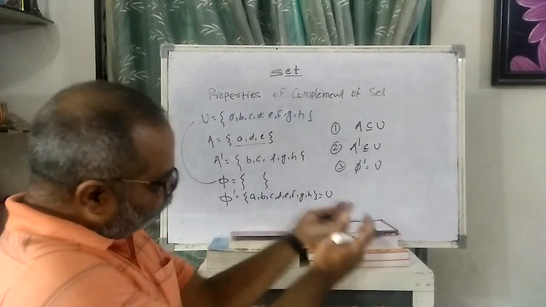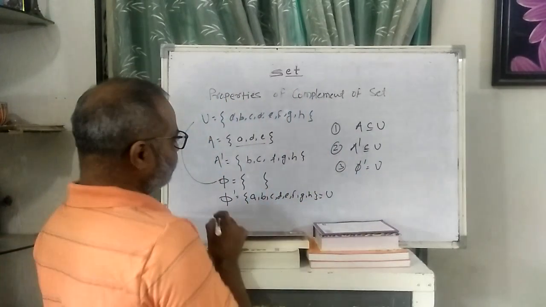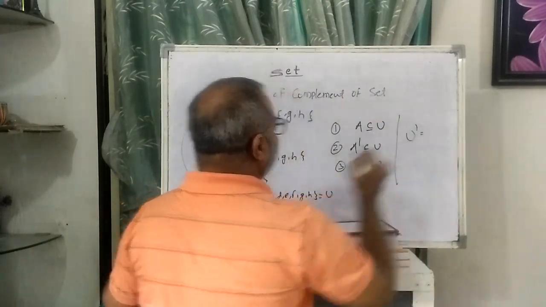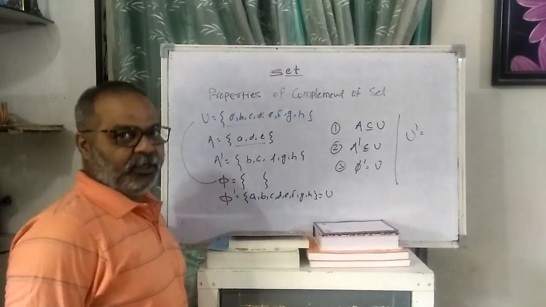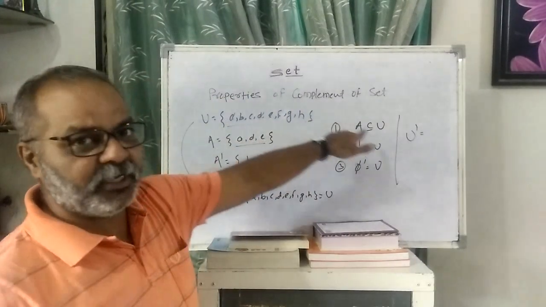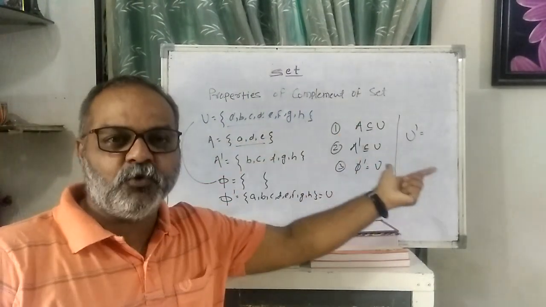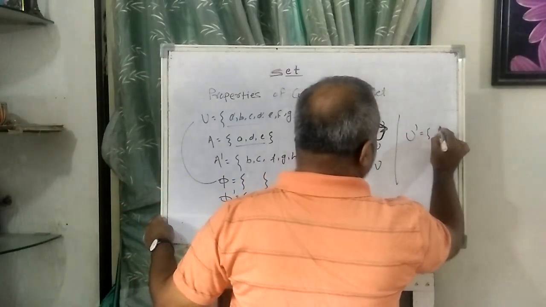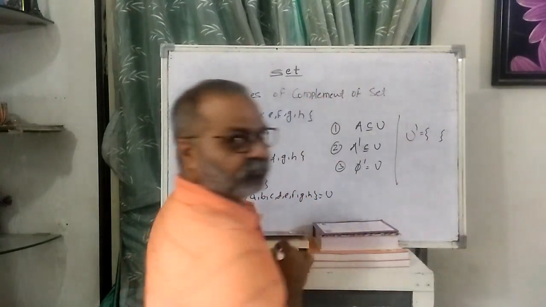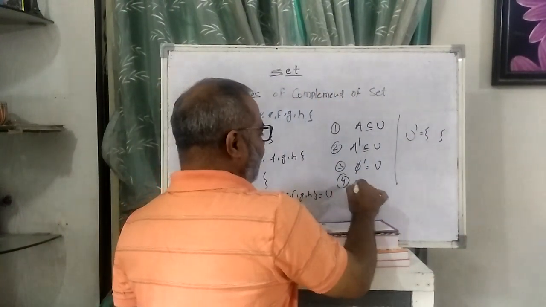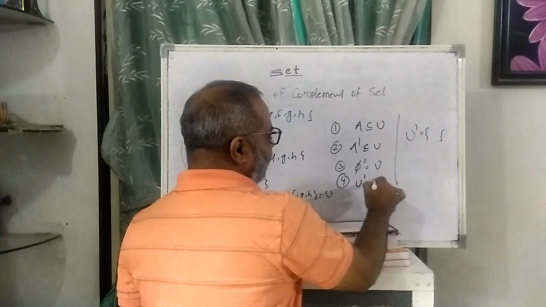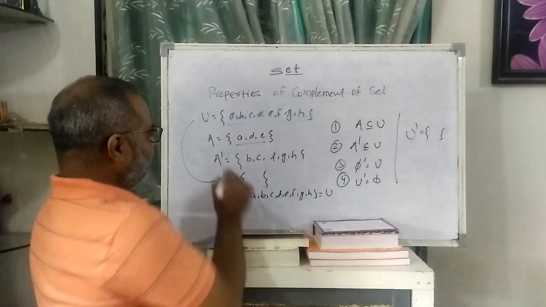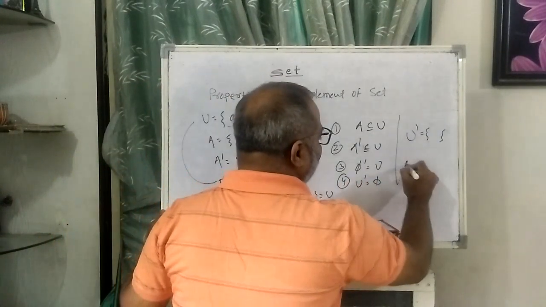Okay. Now I go the reverse way. I find U dash. The elements present in U are A, B, C, D, E, F, G, H, and I find the complement of U. So I remove all the elements. What remains? Nothing is there. That means the empty set. So the next property is that U complement is phi. Okay. I add another property: I find A dash, that is, the complement of the complement.